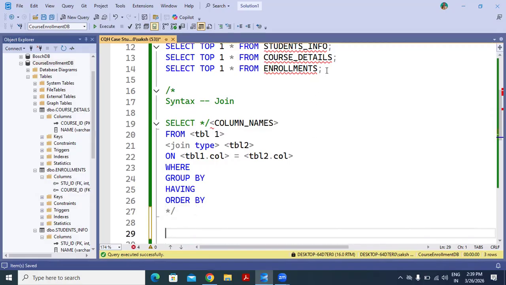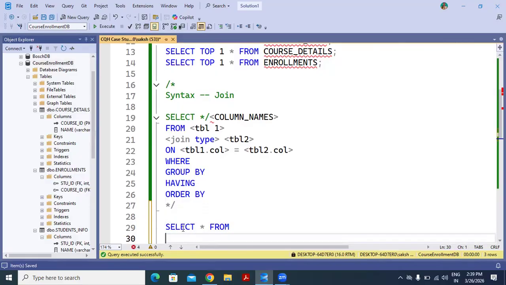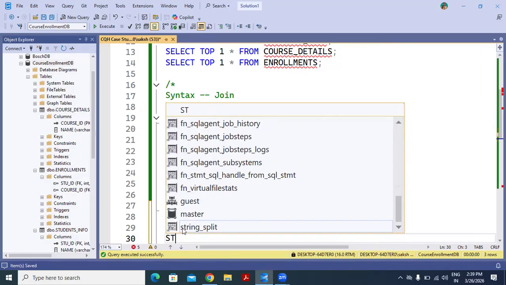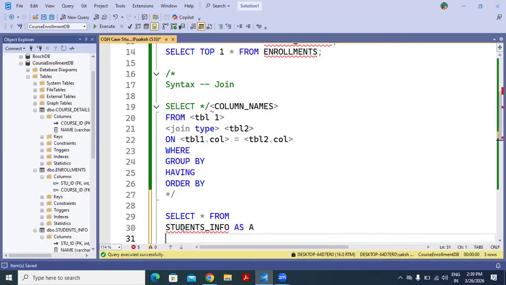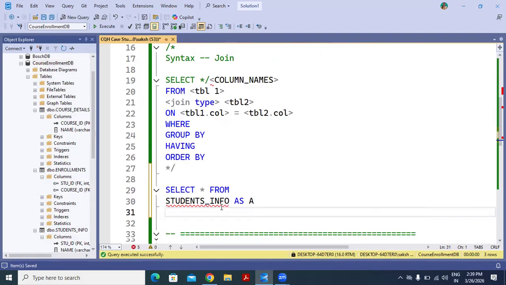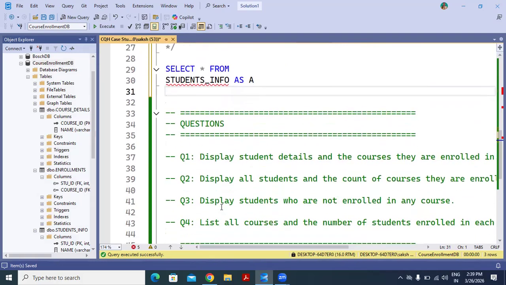Now let's join our first table and the third table. For that, we can use select all from table 1, which is students info. Let's give the temporary name as A. And let's write the left join.